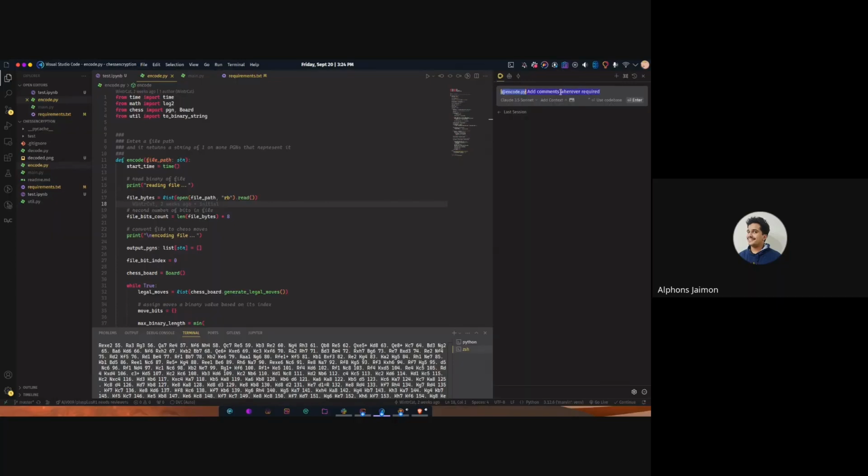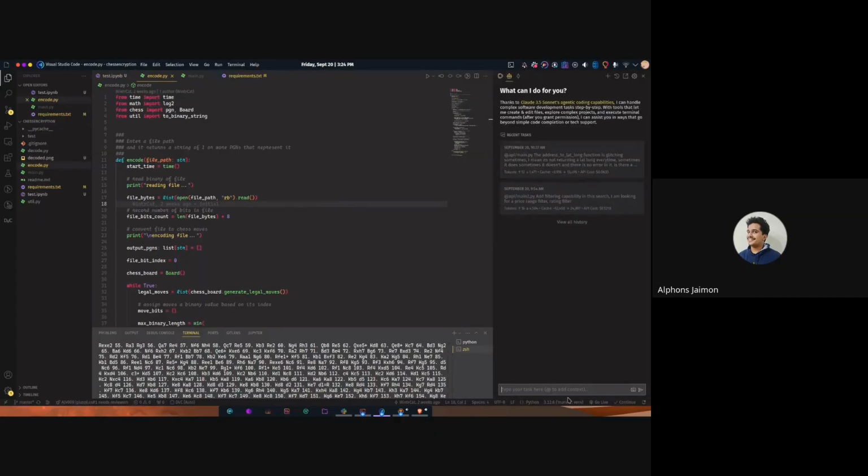Oh no, actually, I have a better tool for this one. There's another one called Cloudy Dev. This takes more of an agentic approach. It does a lot of things automatically. It's more than a chat. So let's say